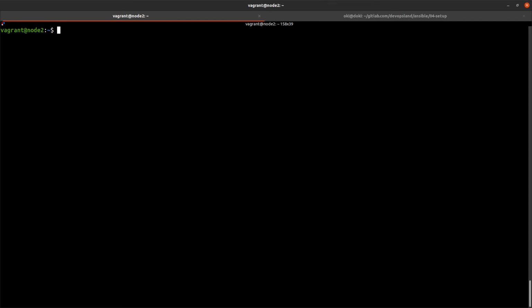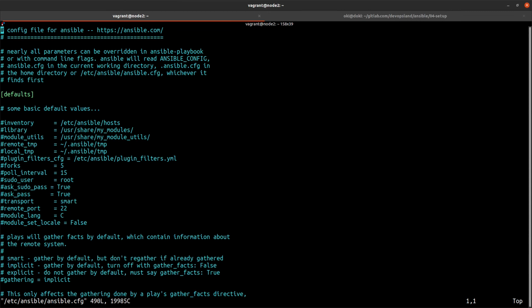If you want to use this Python interpreter, you could do which python3, and you see the binary is in these directories. If you want to set Ansible to use this interpreter, you could do vim /etc/ansible/ansible.cfg and specify the interpreter.